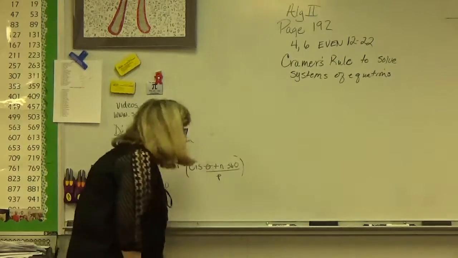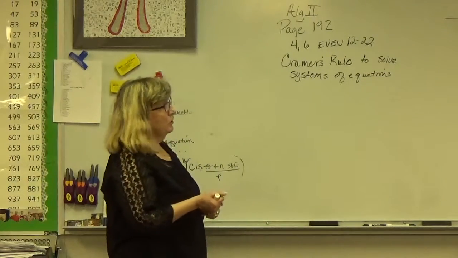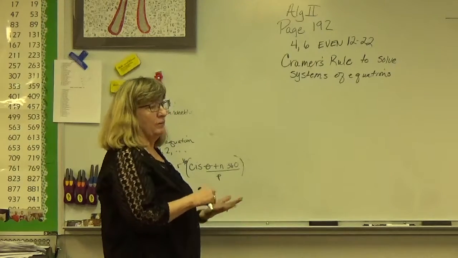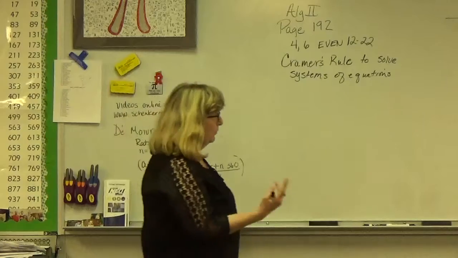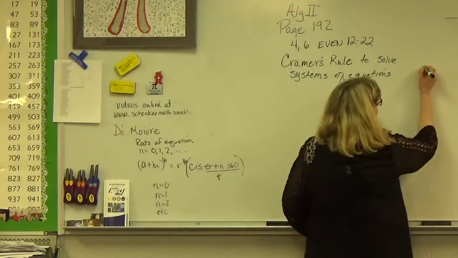Solving systems of equations by Cramer's rule. Cramer's rule is a way that we use determinants to solve. And a system, remember, is where you're going to have an answer of x comma y, or if you have a 3 variable, it would be x comma y comma z, and so on. But you start with first,